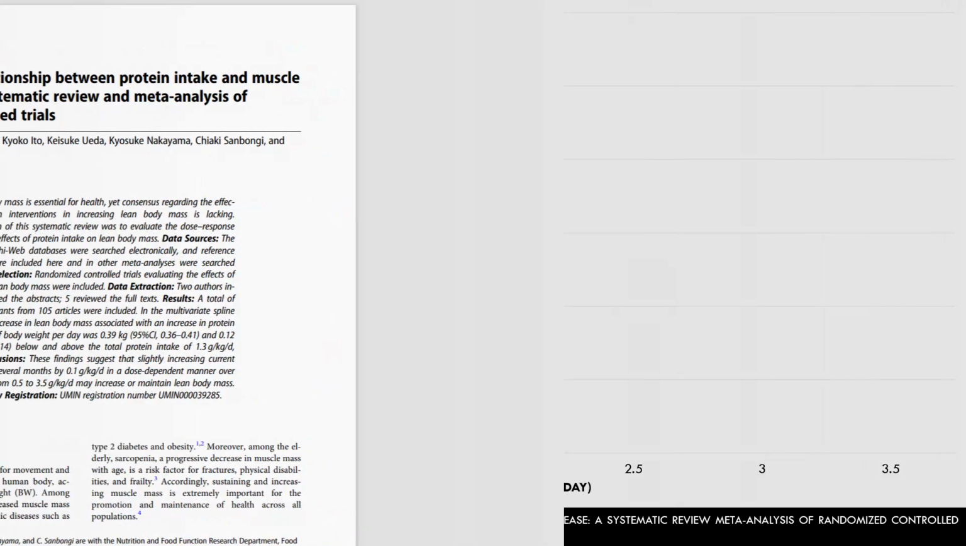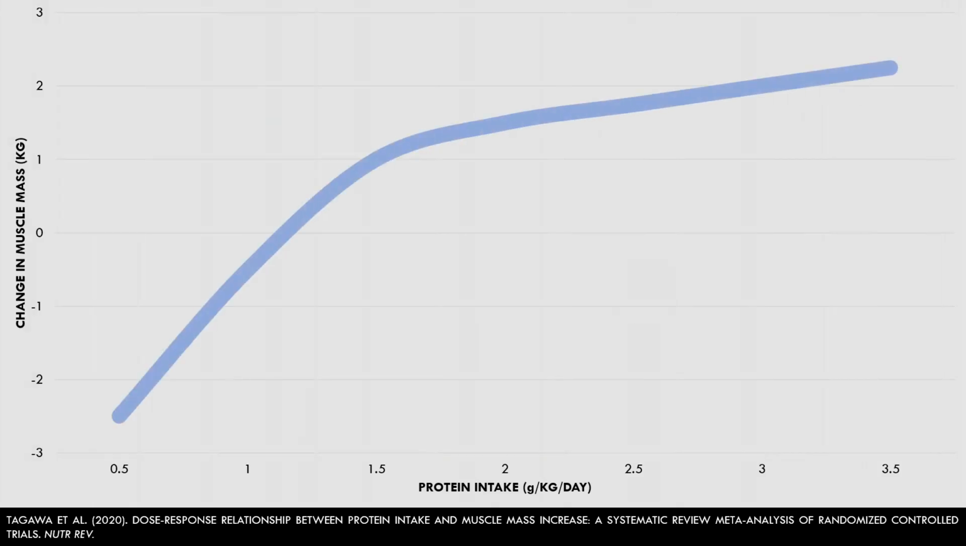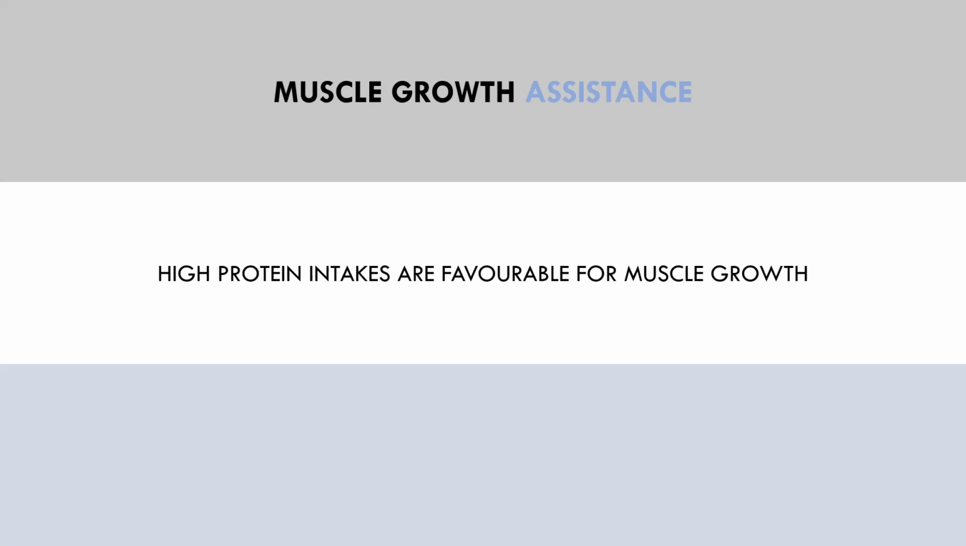As we can see in this graph, it was found that higher protein intakes generally resulted in favorable muscle growth outcomes. However, we can also see here that there were diminishing returns as protein intake increased. So consuming more than around 1.5 to 2 grams of protein per kilogram per day was not all that additionally beneficial. This suggests that high protein intakes are certainly favorable for muscle growth, although excessively high intakes may not be